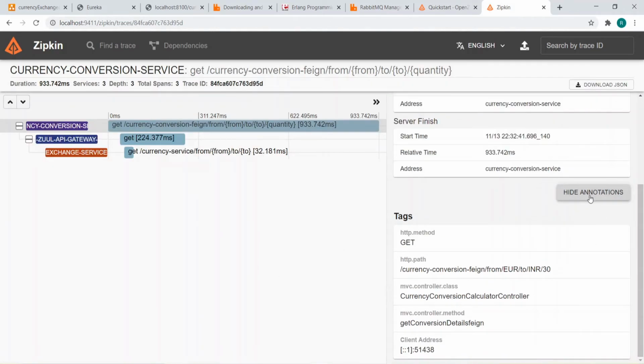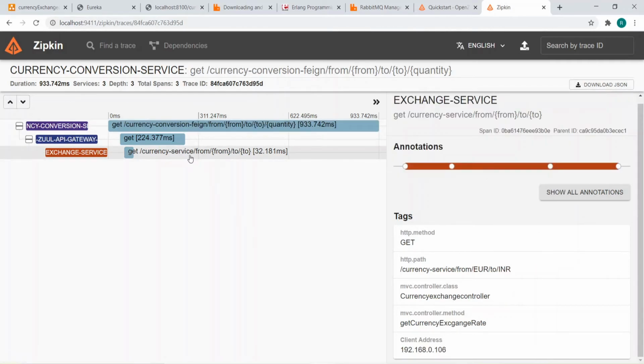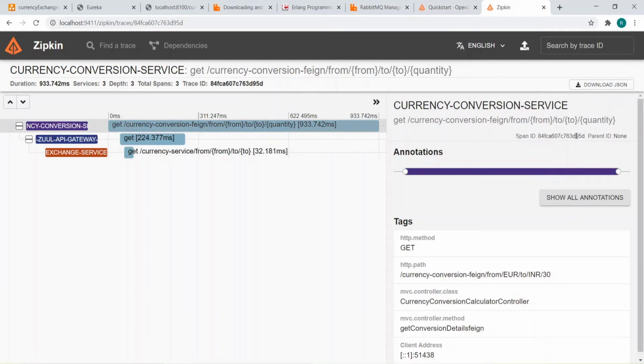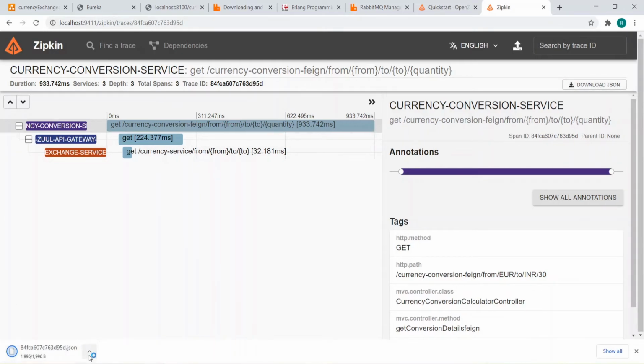You can click on the show notification. It will show you the start time, the relative time, and the address. Even you can download the JSON. Okay, if you click this, it will go here and it will show the corresponding log here. If you download this, download JSON, okay, it will start downloading the JSON. See, download started here.